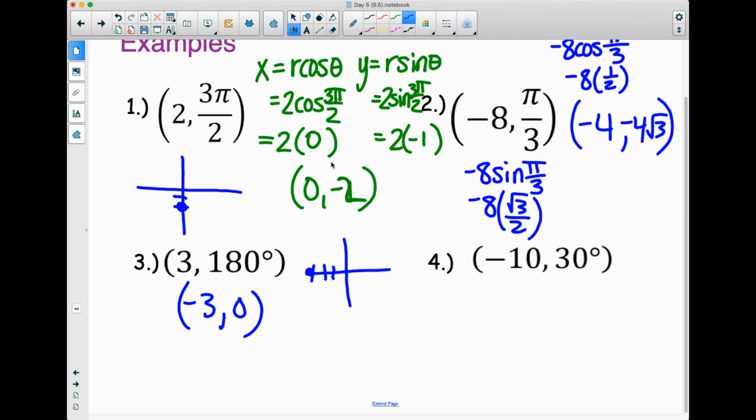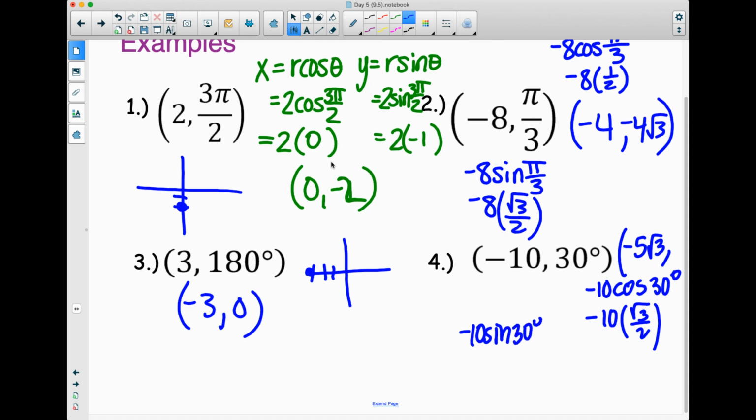And lastly, if we have -10 cosine of 30 degrees, what's cosine at 30 degrees? √3/2. Okay. So we get -5√3,